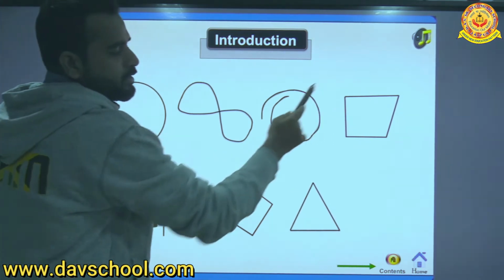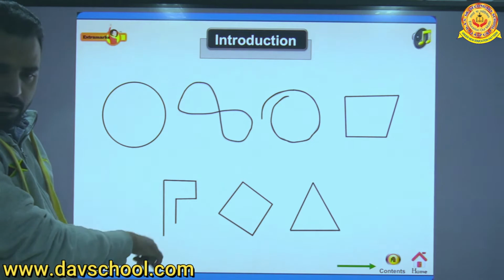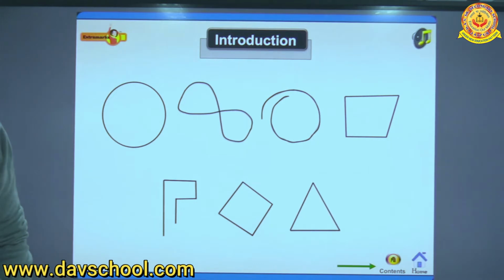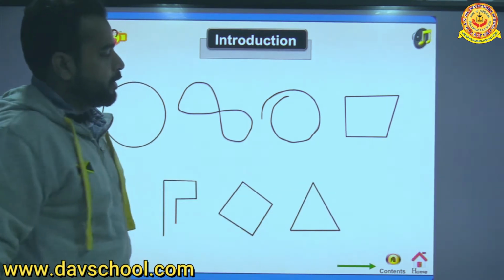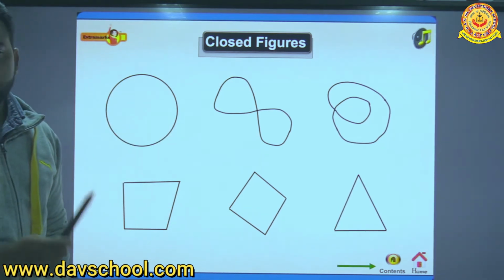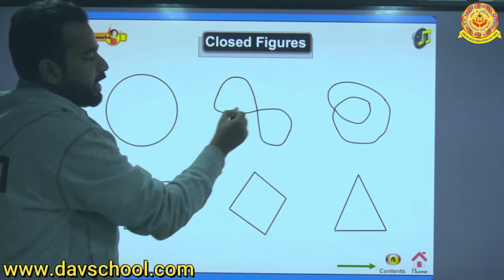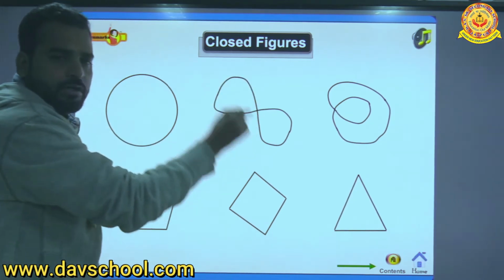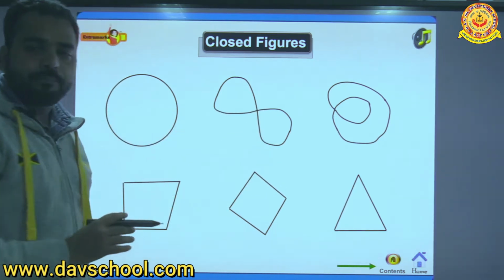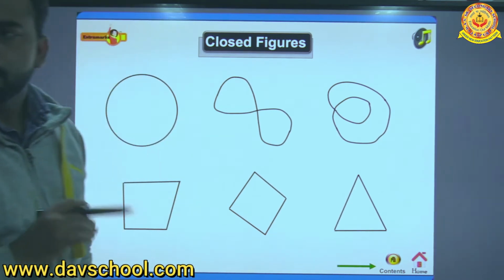Can you tell me what this is? It is also closed, right? This one is an open figure, as we can see here. This one, this one. Understood? What is a closed figure and what is an open figure? Now look at all these figures. These are closed figures. That means a figure where the starting point and end point meet each other is called a closed figure. But when a figure has a starting point and end point that do not meet each other, it is an open figure. Is it clear? Yes, sir.